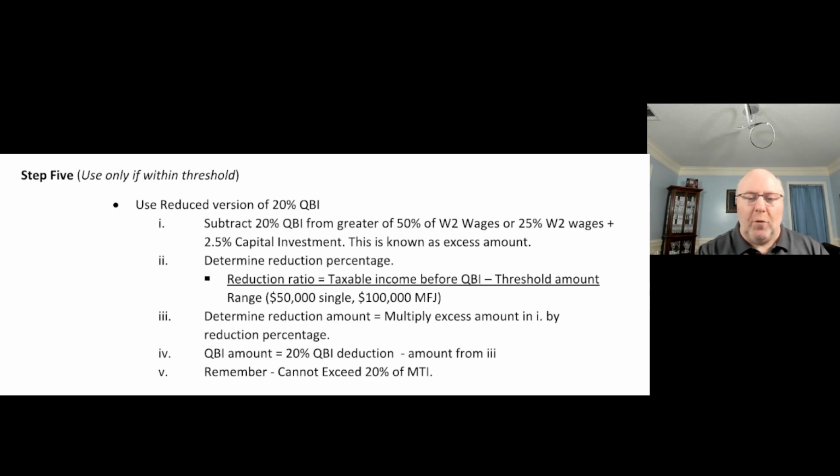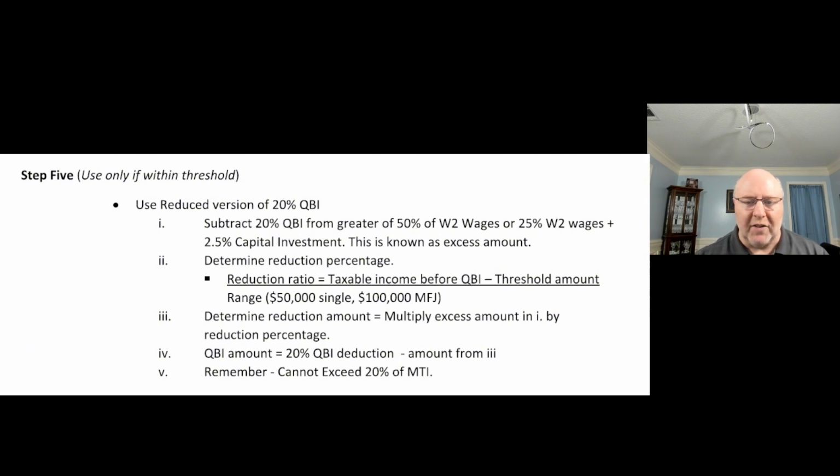If we are within the phase-out range, the income was greater than that $191,000. So let's say it was $200,000. If our modified taxable income was $200,000, let's subtract our $191,000,